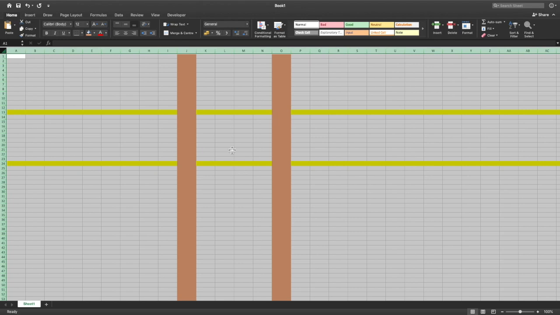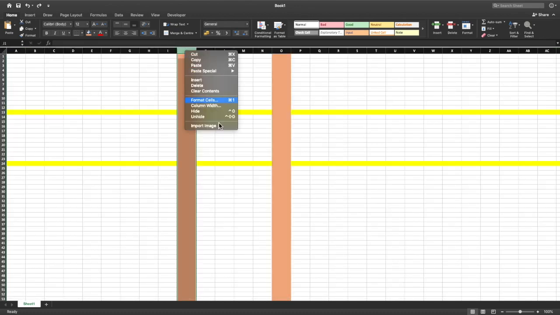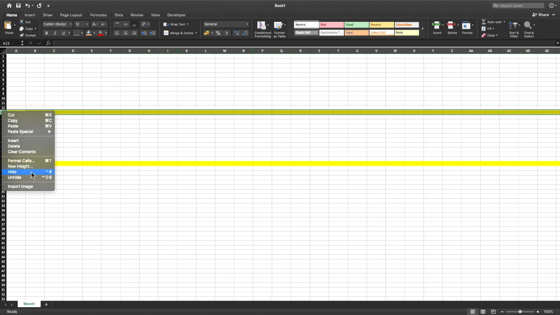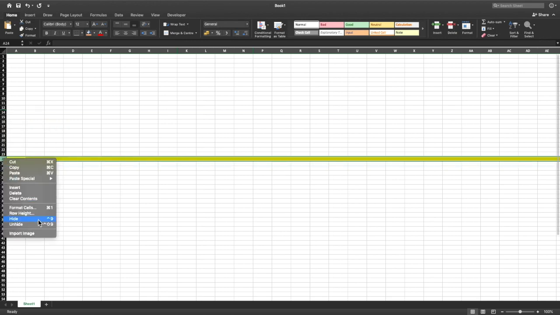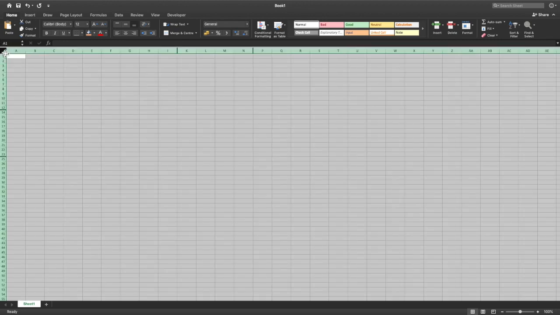See, for example, I will do this one more time. Hide, hide, hide, hide. The main point is that you have to click on the extreme left top corner to make the selection